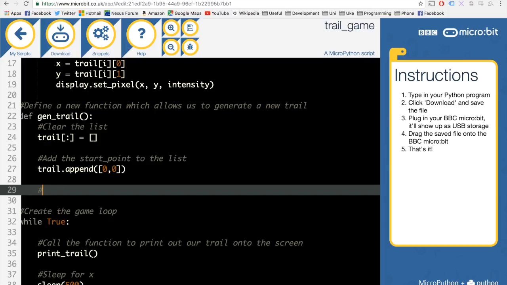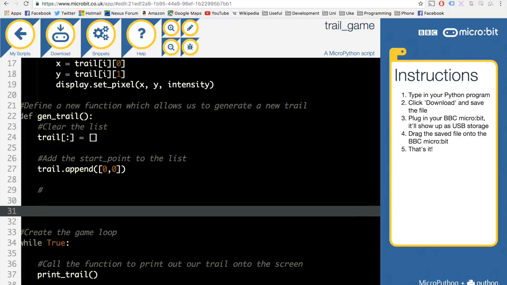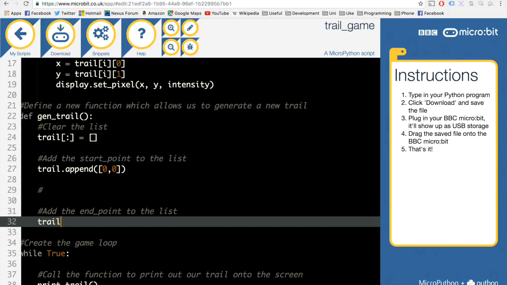This time we're going to need a loop that runs, well, it's going to need to run 7 times. So we're going to need to add something new to the list 7 times. The reason for that is after we've run this loop, we're going to also add the endpoint to the list as well. So we're going to say trail.append